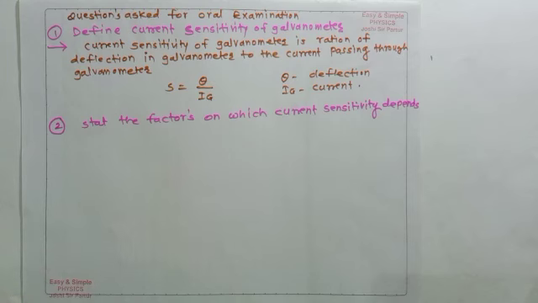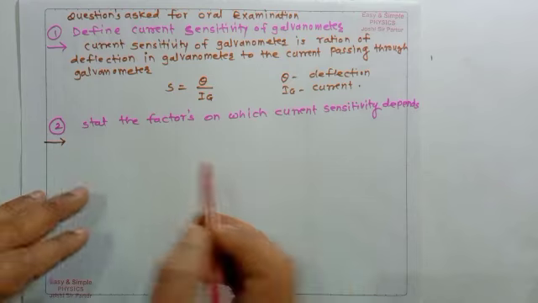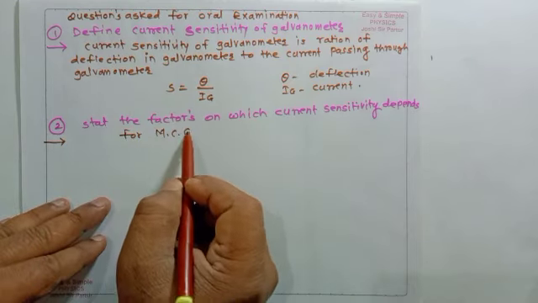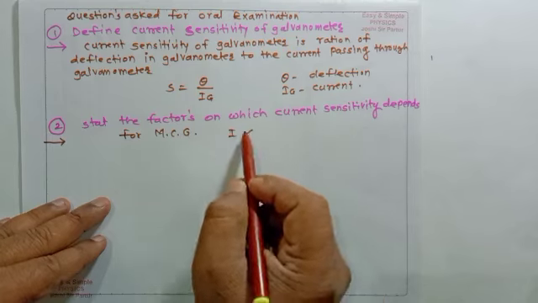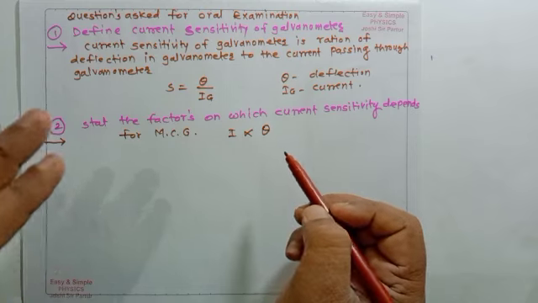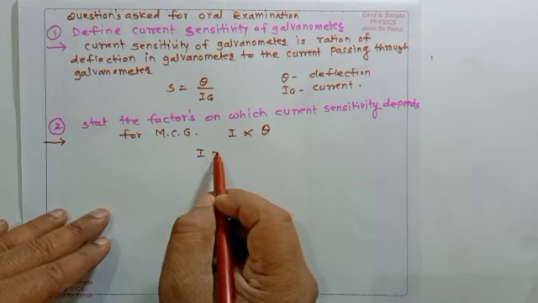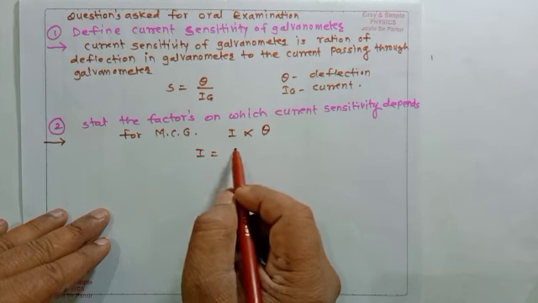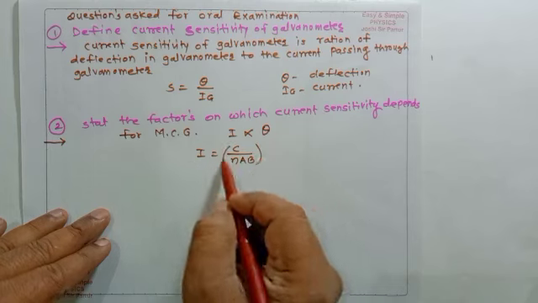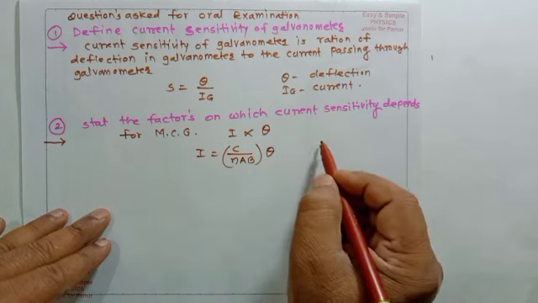So we know that the principle for moving coil galvanometer is that the current passing through galvanometer is directly proportional to the deflection in galvanometer. So here we can take I is equal to C upon NAB into theta, because